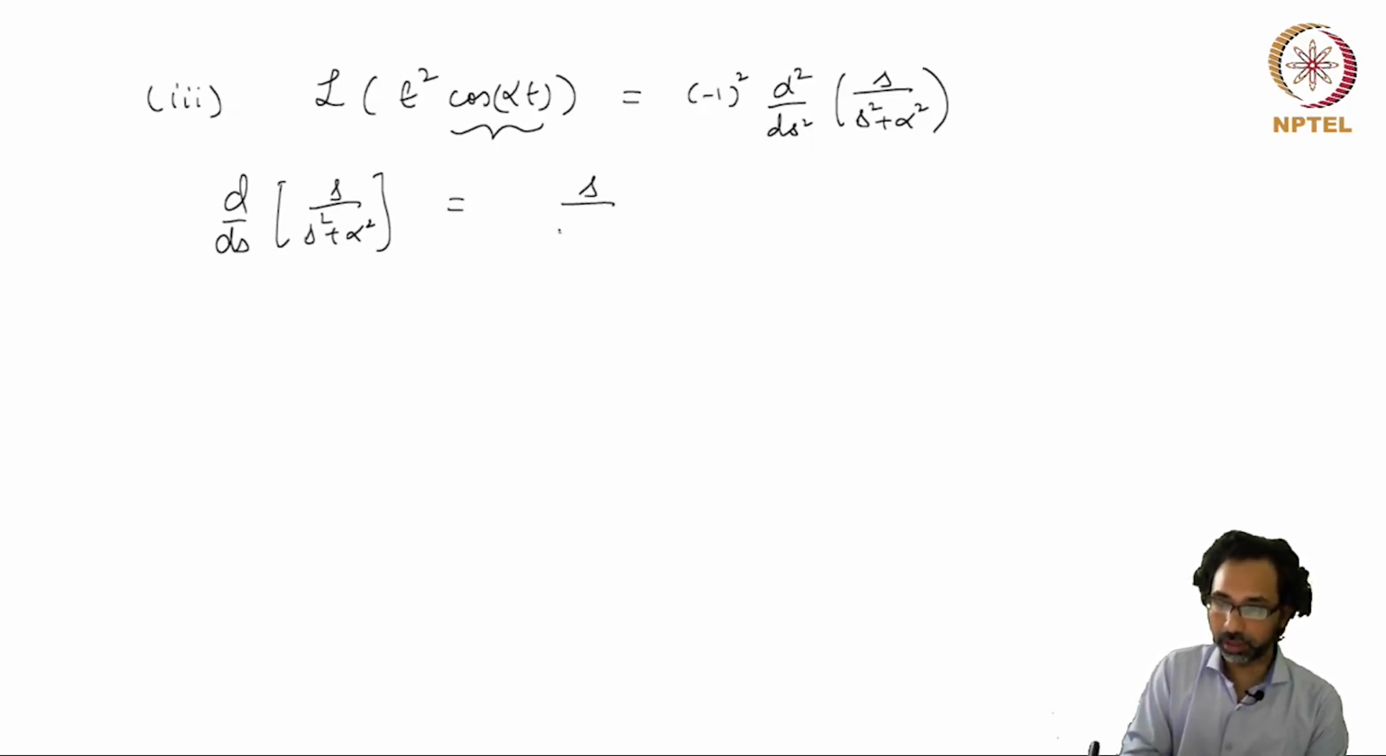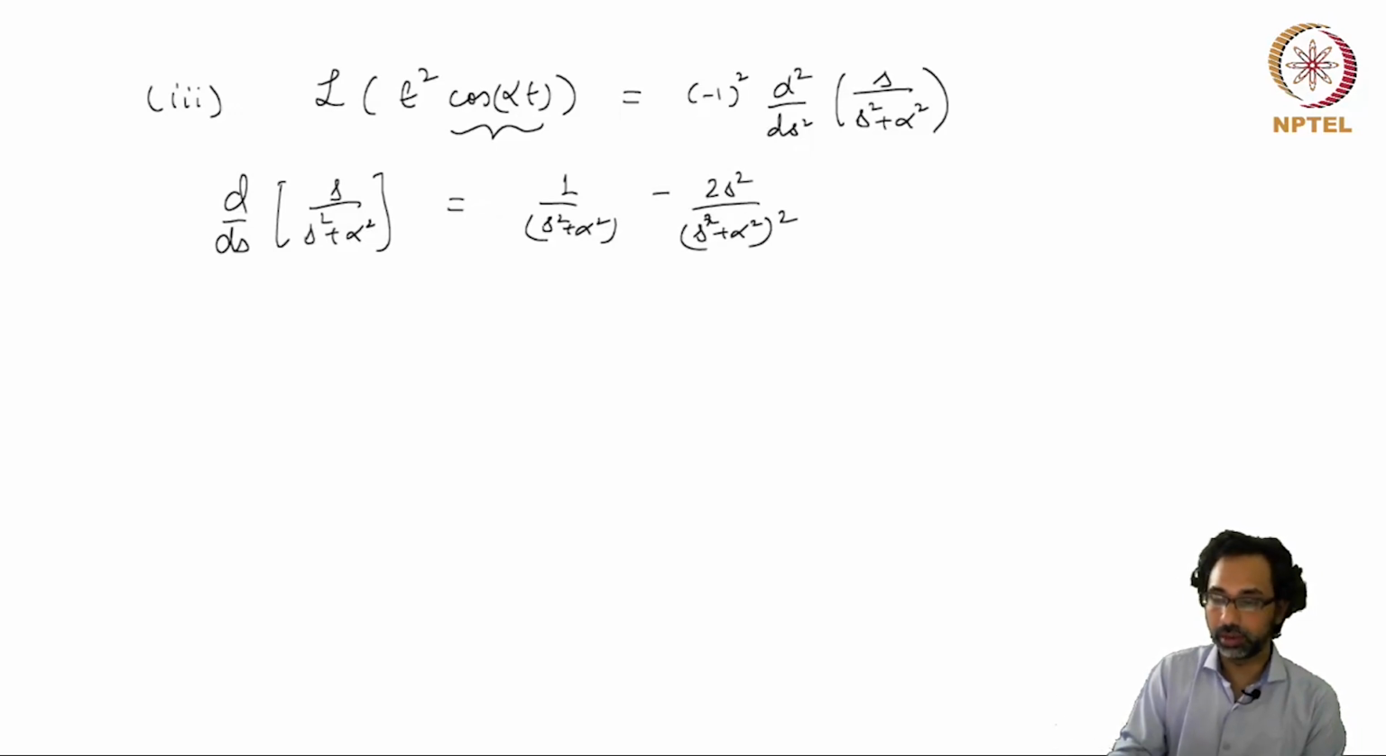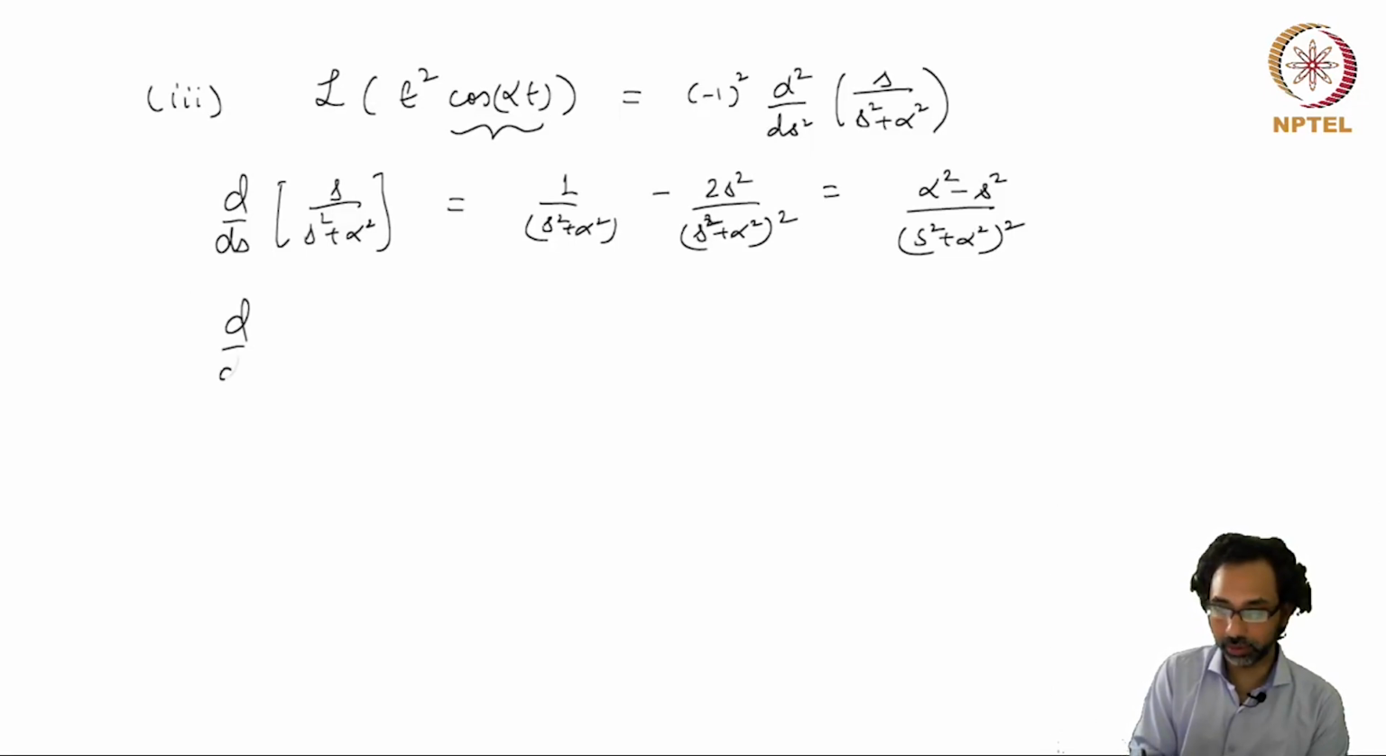This is nothing but 1 over s square plus alpha squared minus 2s squared over s square plus alpha squared whole squared, and this is equal to alpha square minus s squared by s square plus alpha square whole square. Now we have to differentiate it once more. So the derivative of alpha square minus s square by s square plus alpha square whole square,